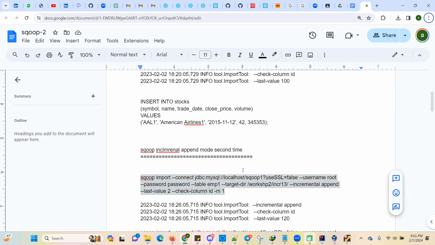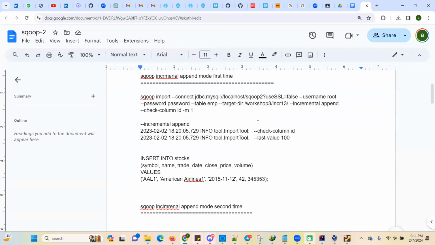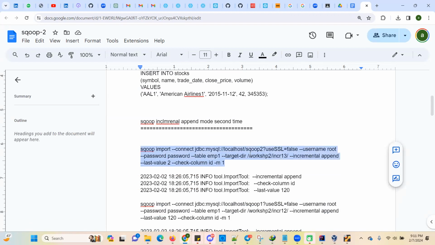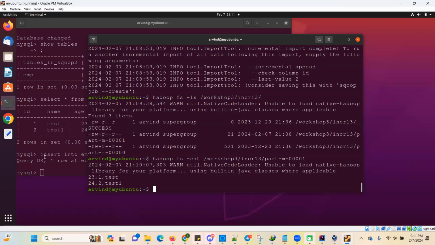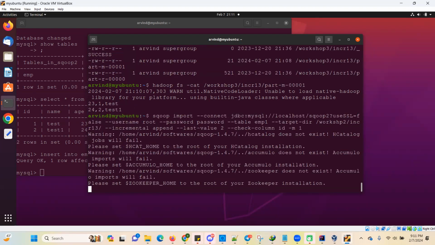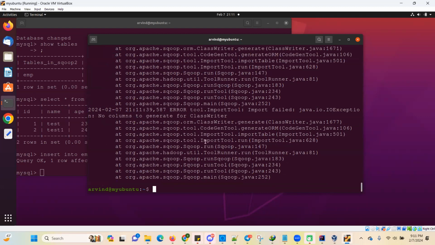Now I will copy, and this should be the same database. So always remember, otherwise different data will be imported. Okay. So this table, username, password, everything you check, whatever target directory, and just add this value, whatever your last import has given you. Okay. So how many records you inserted? If suppose you have not inserted any record, it will import 0. If you have inserted one record, now this time it will show you the last value 3 because